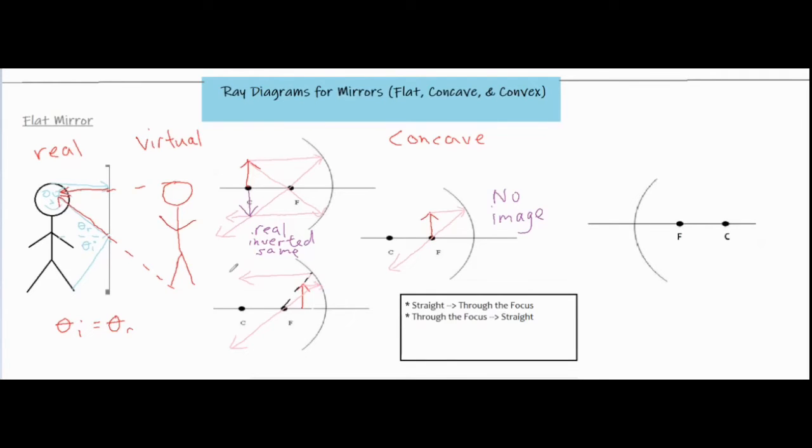Now these light rays never meet, so I'm not going to have a real image. Okay, so the rule is if you don't have light rays intersecting at all, well, this one is a special case, so we don't even have two light rays that are moving around that might intersect, so this one is a special case that's no image. But if you have two light rays that are diverging from each other, what you do is you always dot them back. Okay, so what I would do is I would take this reflected ray,